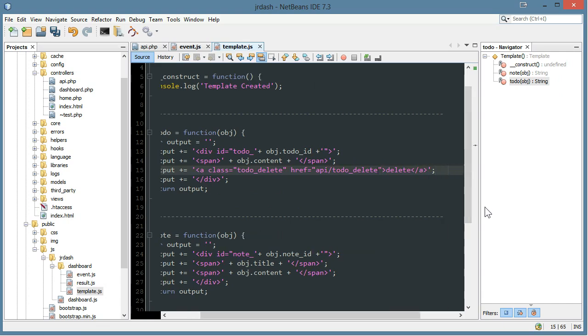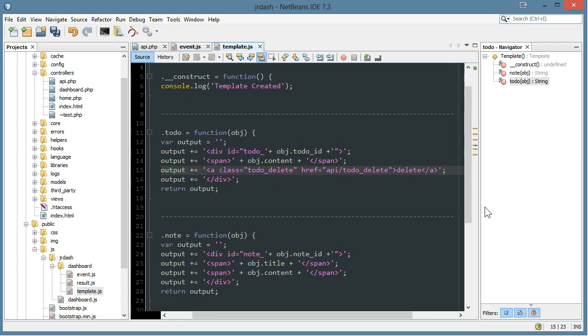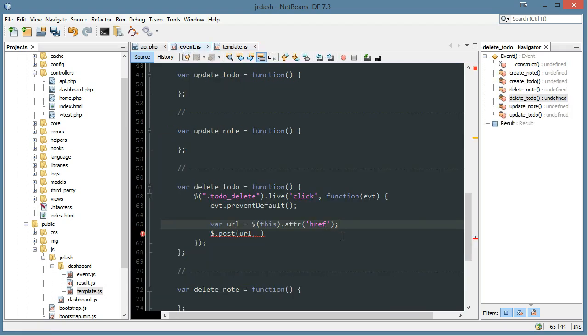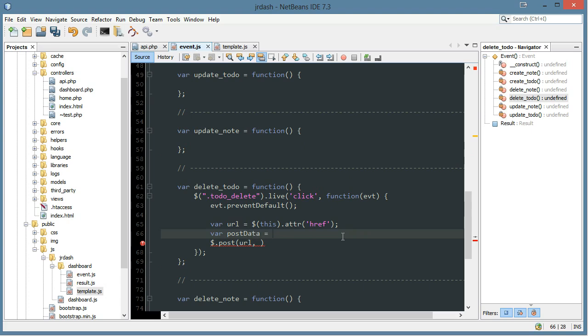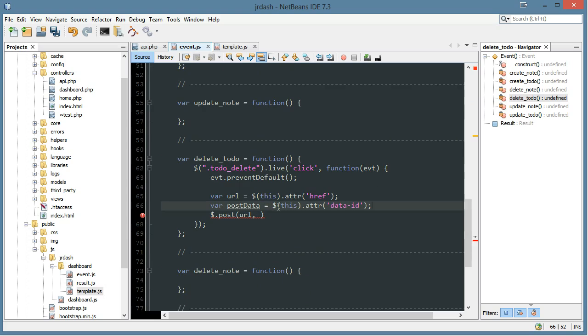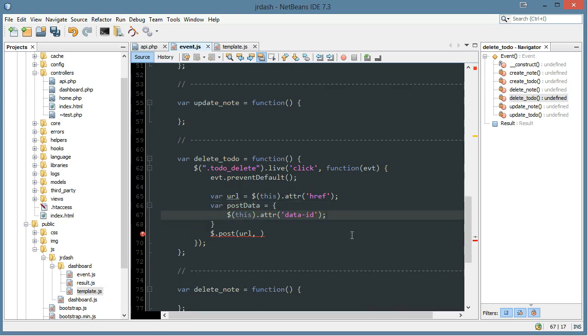Let me take this out. So it goes to API to do delete. Let me just do data ID equals object to do ID. Okay, so then we'll say var post data equals this dot attribute data ID. We'll make this an object because you need the post objects, and I'll say to do ID and get rid of that semicolon there, and post data function O,